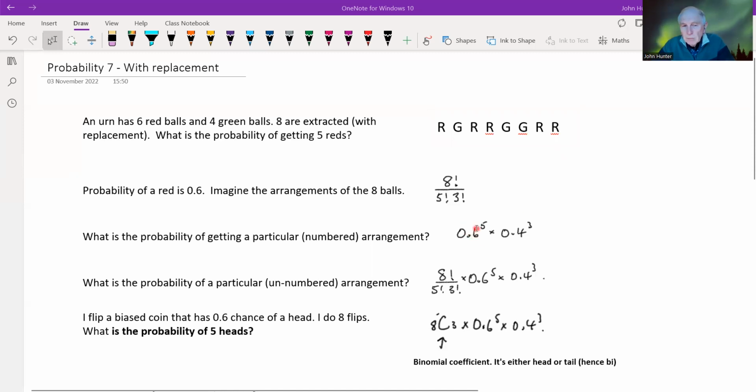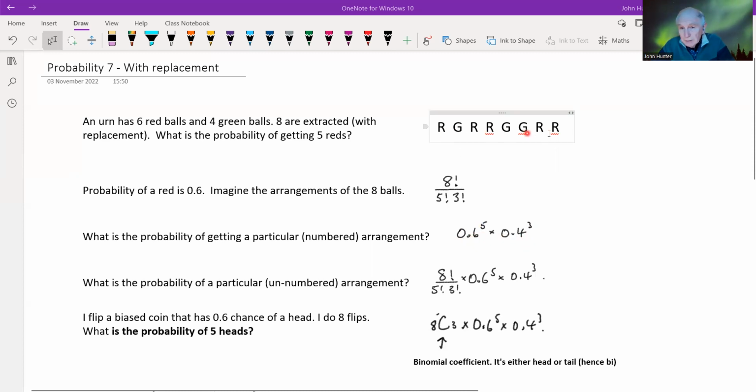So the probability of just getting 5 and 3, as it were, of any particular arrangement,